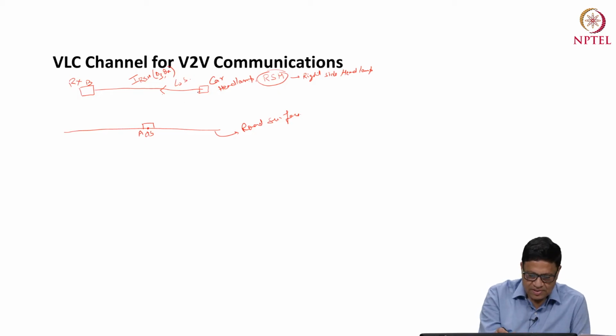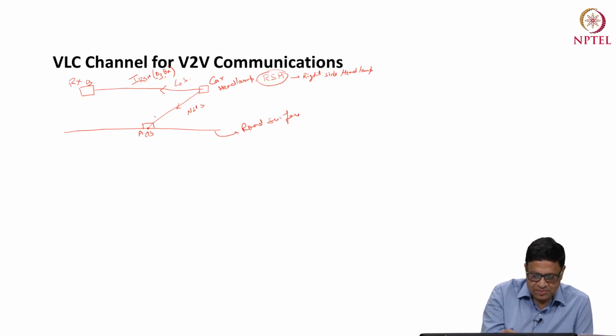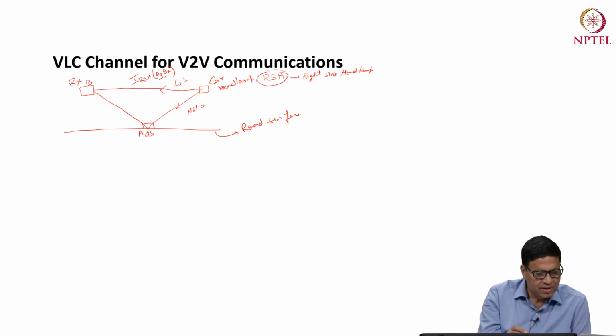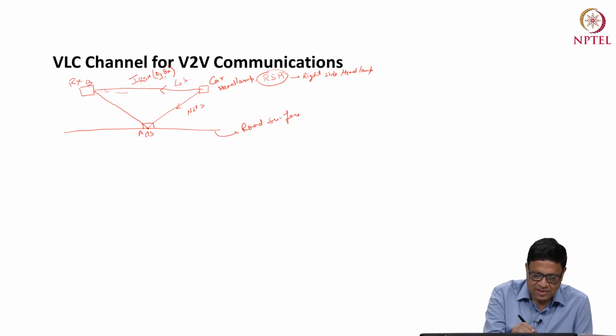The other one is the reflection, non-line of sight. This is non-line of sight. And also, this will reach the receiver here. So let us draw a normal here. So this angle which the line of sight makes